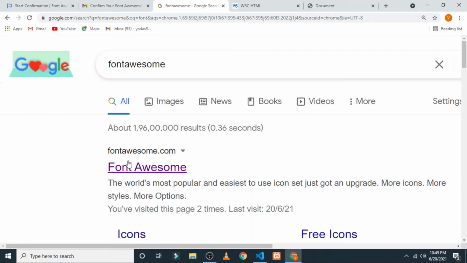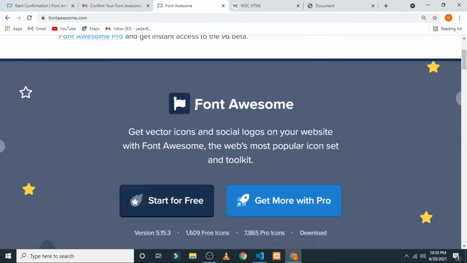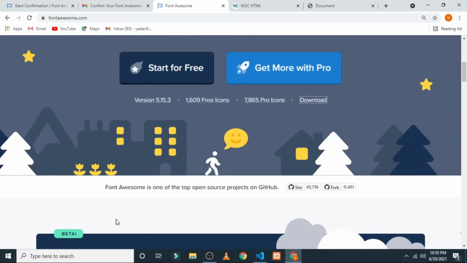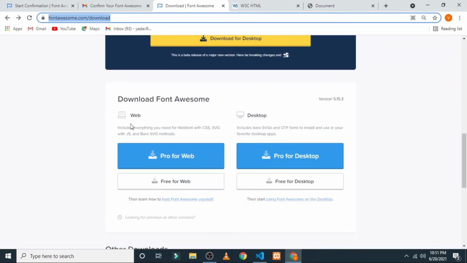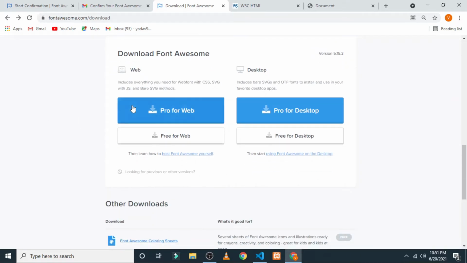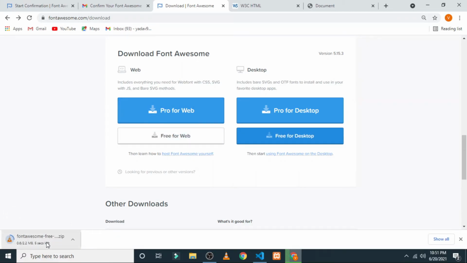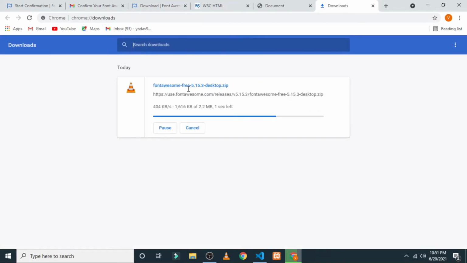Now there is another method. If you search for Font Awesome, the first website that you will visit is fontawesome.com. From here you can click on downloads, and the preview shows a download for web and a download for desktop. You can go for Pro for desktop if you want to purchase, or if you want it for free, click on free for desktop. It is still being downloaded, 2.2 MB, so it will take some time. After it is downloaded,